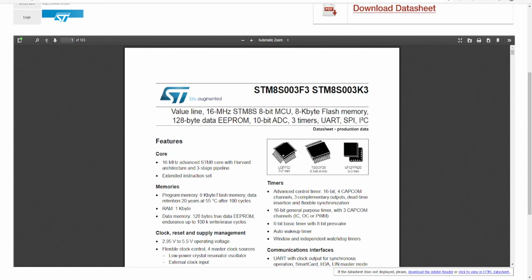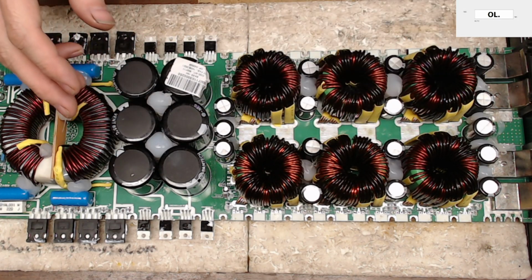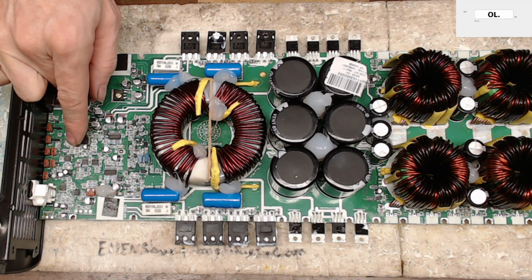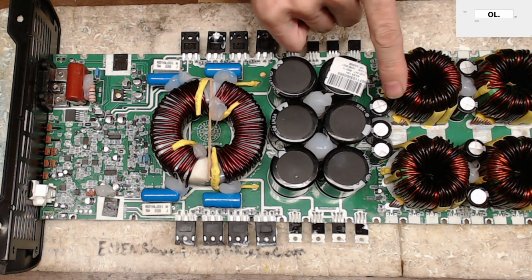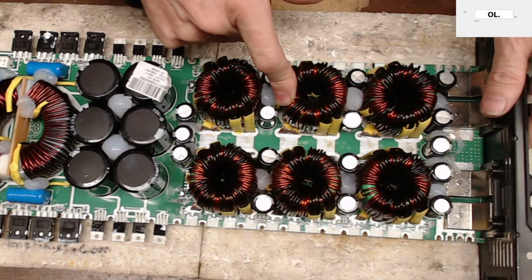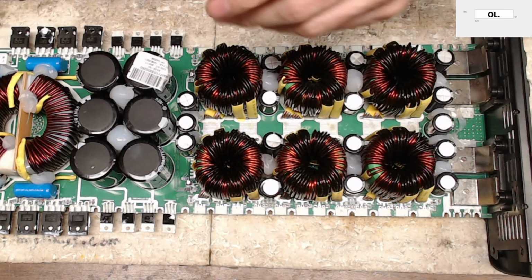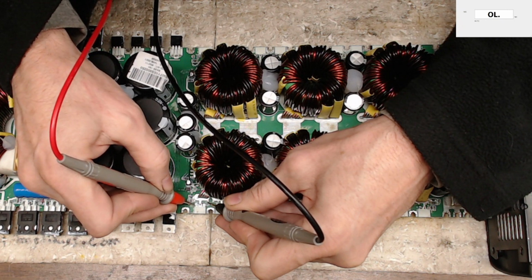So that's my whole primary goal: I don't want to do too much work, get so far ahead of myself, and then come to find out that I have a dead MCU. So again, that MCU is located right here on the board. That MCU sends the signal back to the drivers of the power supply, and then these drivers swing the transistors on and off for the transformers. So if the MCU dies, no signal to the chips, no drive at the transformers. No drive at the transformers means a dead amplifier. So my goal is to see if I have a functioning drive signal, but I want to make sure that my